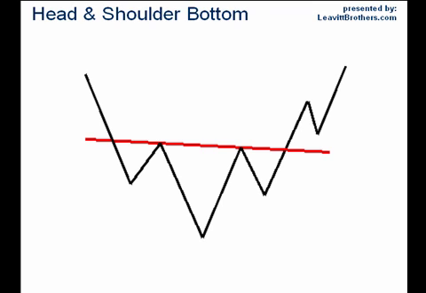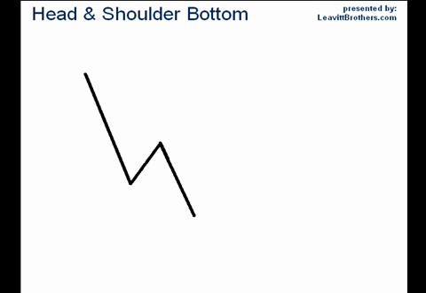Let's go through the sequence of events that unfold as the pattern develops. The left shoulder and first half of the head are formed as a bounce within a downtrend, followed by continued selling pressure. This action is no different than what is expected from a stock in a typical downtrend, and at this point in time there is no way for a trader to know that a head and shoulder bottom is